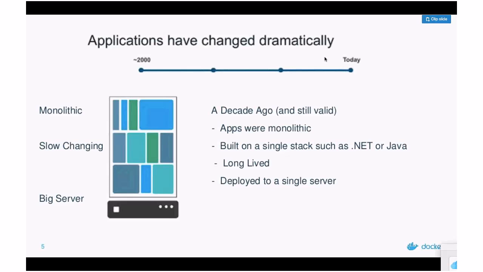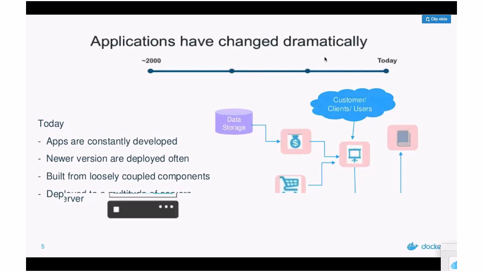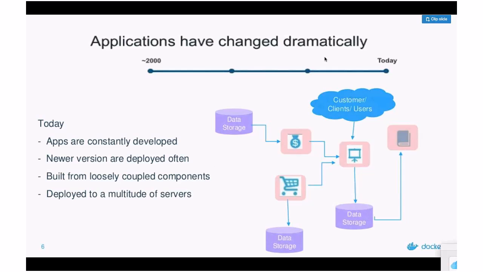But today, the application has changed dramatically. You have apps which are constantly developing. New versions are coming in the next 4 to 6 months. This is a change which has come. Earlier, when you developed an application, the changes happened once in a year or once in 2 years. Right now,